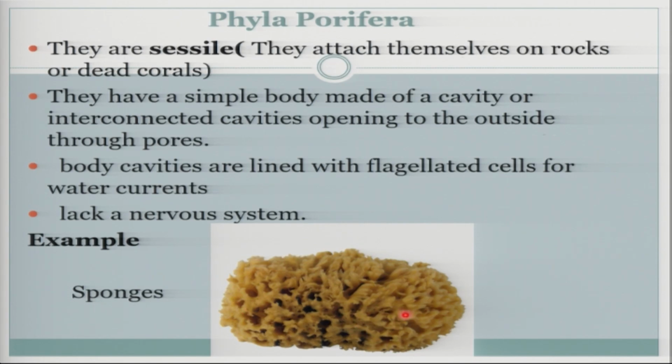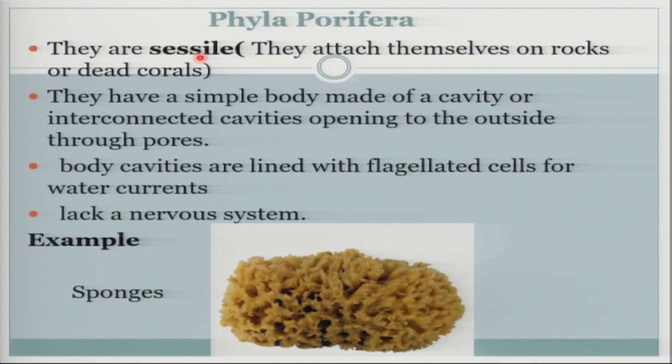The sponges. Now, these ones are very funny. They don't locomote. They just go and get stuck on dead organisms, like they can get stuck on logs. That's why they say they're sessile. They are sessile. What does it mean? It means that they just go and attach on the logs. They attach on dead wood. So they don't locomote, all right? They just stick on one thing, the dead wood.